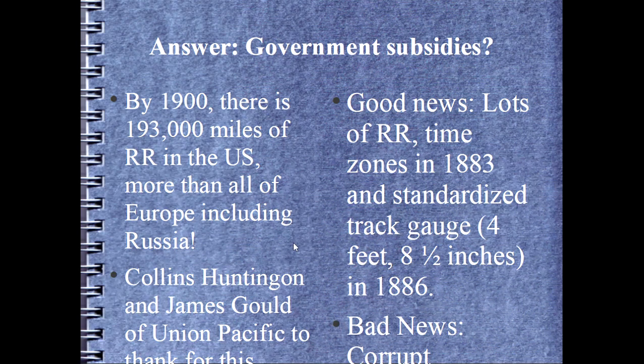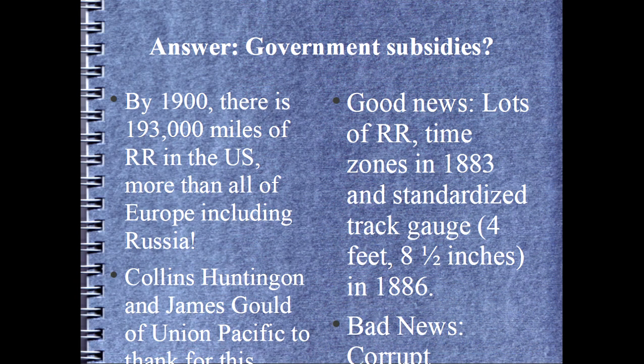Who do you have to thank for this? We have Collis Huntington and Jay Gould of Union Pacific. See, look at the name. Going to build a railroad all the way across the Union, all the way to the Pacific. A lot of money. Now, coming out of the railroad development, we have time zones. This is where it starts. That wasn't for TV. Nope, it's to coordinate shipping. Eastern time, Central, Mountain, and Pacific. Everyone's heard that phrase before. Now you know what it means.